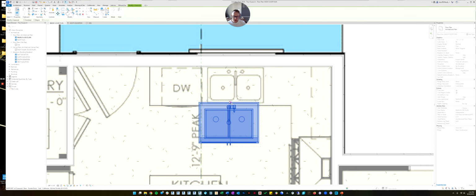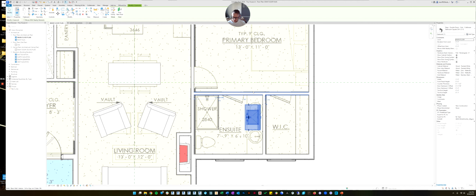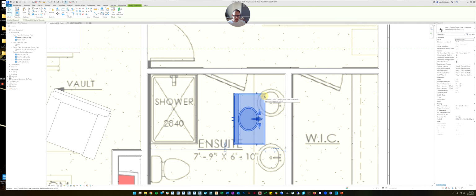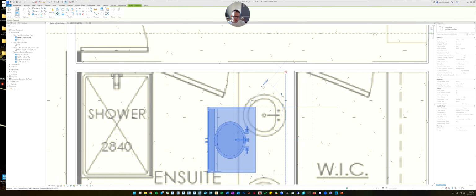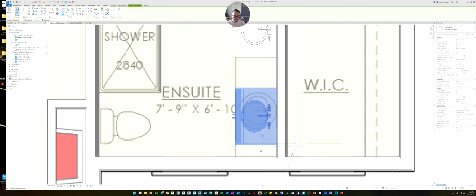So let's move this back to the wall and put it in place. And then let's rotate this one 180 degrees. And let's change this. Let's say we want this one to be round. Well, we already loaded the round one, so we just have to change its type to the round one. And it looks like 3 feet's too wide, so let's do 2.5 feet wide. And then we can move this one into the corner. And then if we want another one, we can copy it down here.